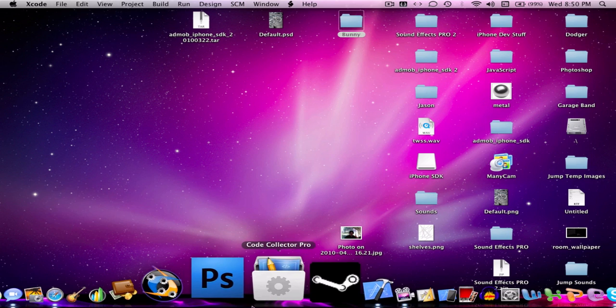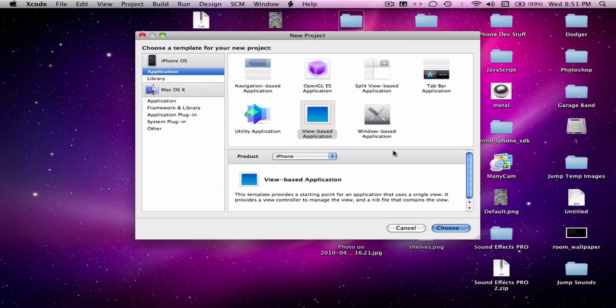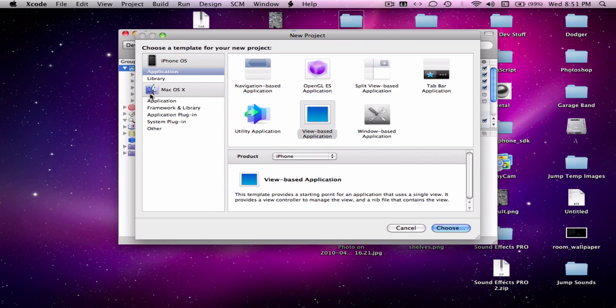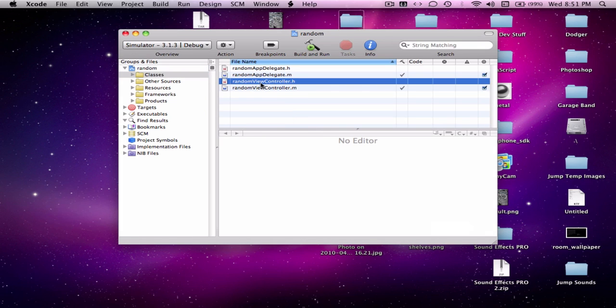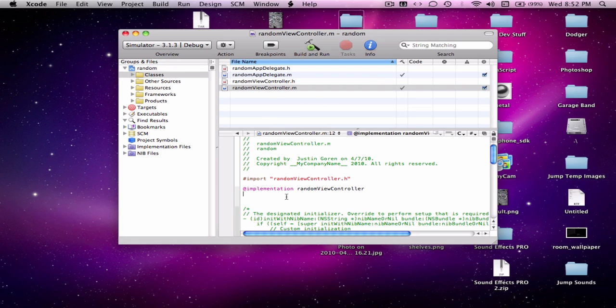So I'll explain. Go into Xcode, start a new project, view-based, and we'll name it random. Now, in your .h, we're just going to make an integer, or an int, whatever. So, int randomNumber. Now we're going to make an IBAction called chooseNumber. Okay? Now, go into your .m file and IBAction,